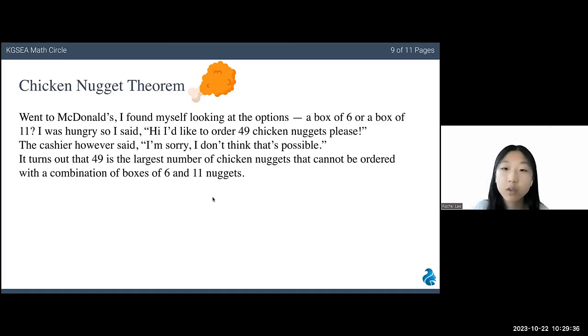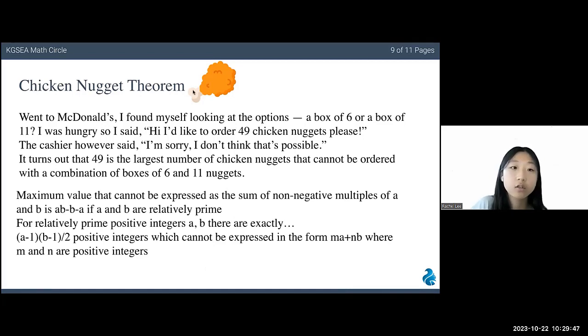From this anecdote, we can say that 49 is the largest number of chicken nuggets that cannot be ordered with a combination of 6 and 11 nuggets. This special case leads us to a number theorem: the maximum value that cannot be expressed as the sum of non-negative multiples of a and b is ab minus b minus a, if a and b are relatively prime. We can also say that (a minus 1) multiplied by (b minus 1),